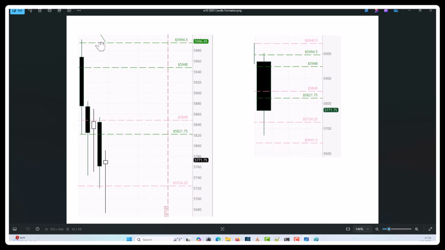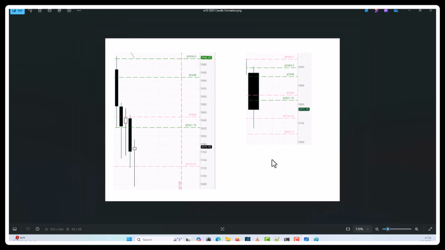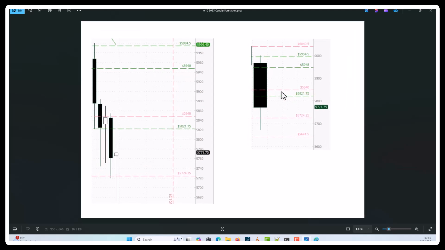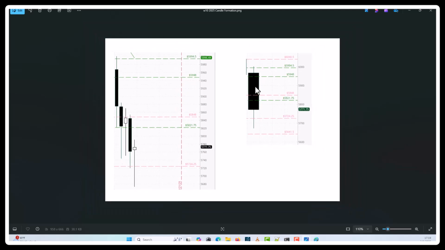And the Monday did touch the level 94, and then you have a breakdown at the level 48. 48 right there. So okay, so 59.48 and 58.48. 58.48 is the weekly level right there. So that's how this week